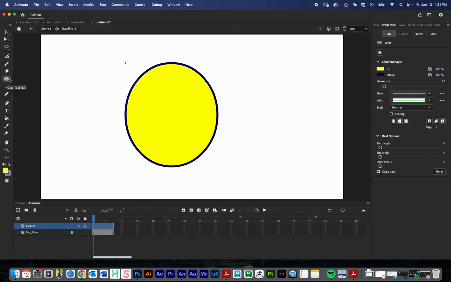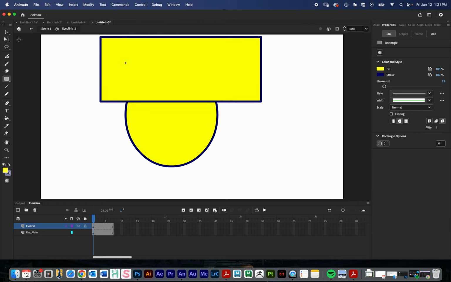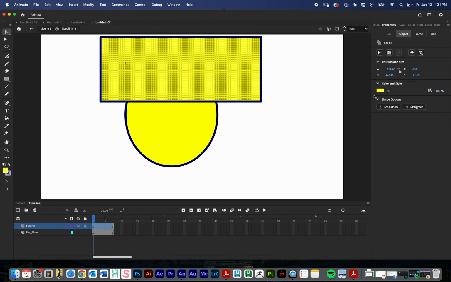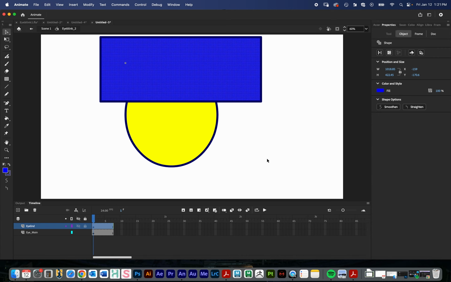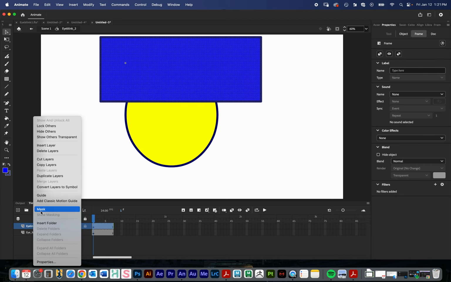So I'm going to go down here, and I am just going to use the rectangle tool. Oops. And creates that. Change the color by selecting right here. Go over to Fill and Properties, and I'll change this to a light blue. Okay, so remember we're going to use the masking technique right here. And I'm going to create the animation first before I mask, because if I right click on that and then mask,